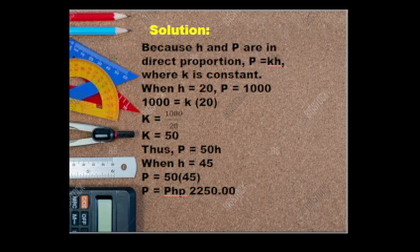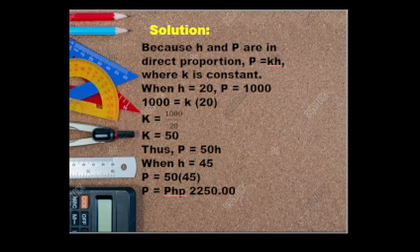So to get the constant of variation, we will substitute into the given formula, P is equal to kH. So our P is 1,000, our k is unknown, that is what we're going to solve, and our H is 20. So our k is 1,000 divided by 20, and that is 50. So our constant of variation is 50. Thus, our equation of the variation is P is equal to 50 times H,